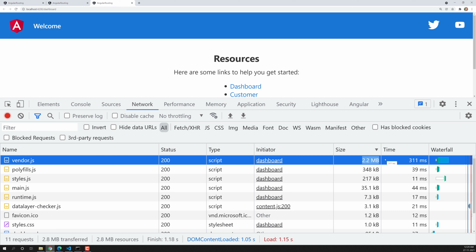In the next video we will see what these tools are, how to install these packages, and how we can use them. Let's see it in the next video. Hope you understood about these files and the file sizes: what the build is doing, what the file sizes are, and what files are going to be created. You have seen that in the build, right? So hope you understood about this one.